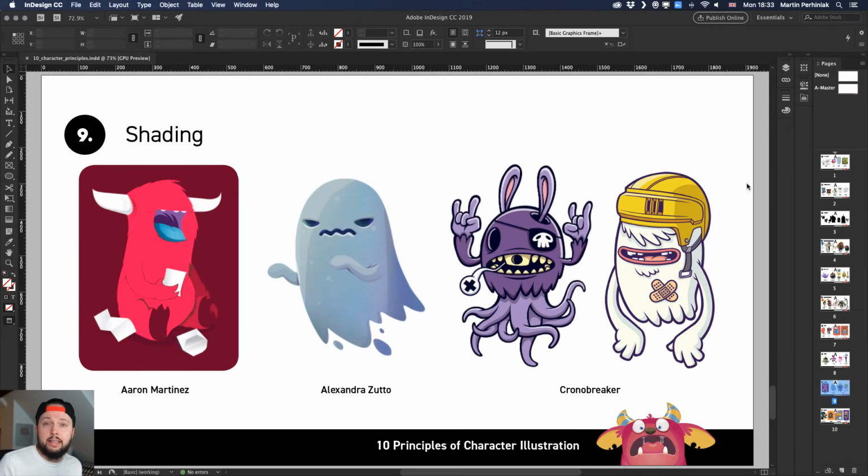What we look at on a character is the shading. And the shading defines the form and the depth in general. Without shading, we have really flat two-dimensional forms. Once you start adding shading, you start to have more depth in them as well. And the reason I mention this is because there are so many different ways that you can add shading, and you